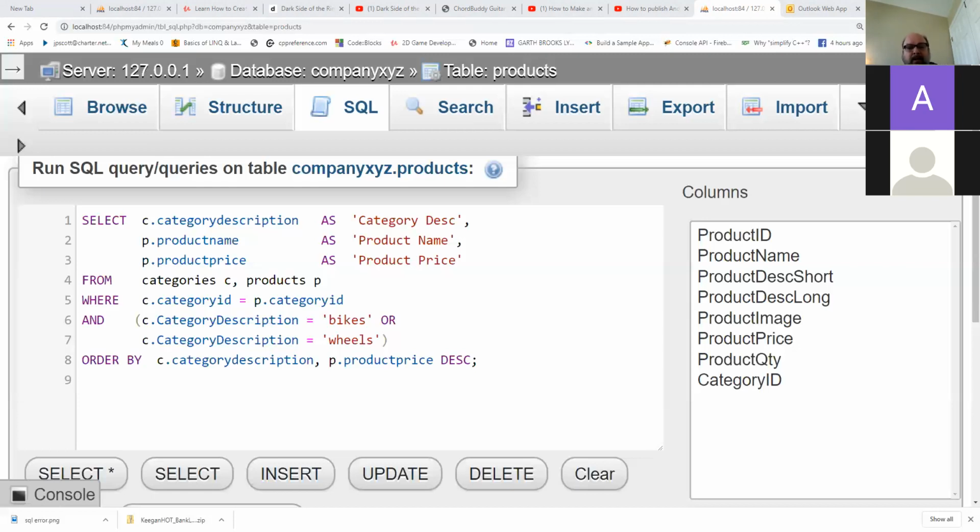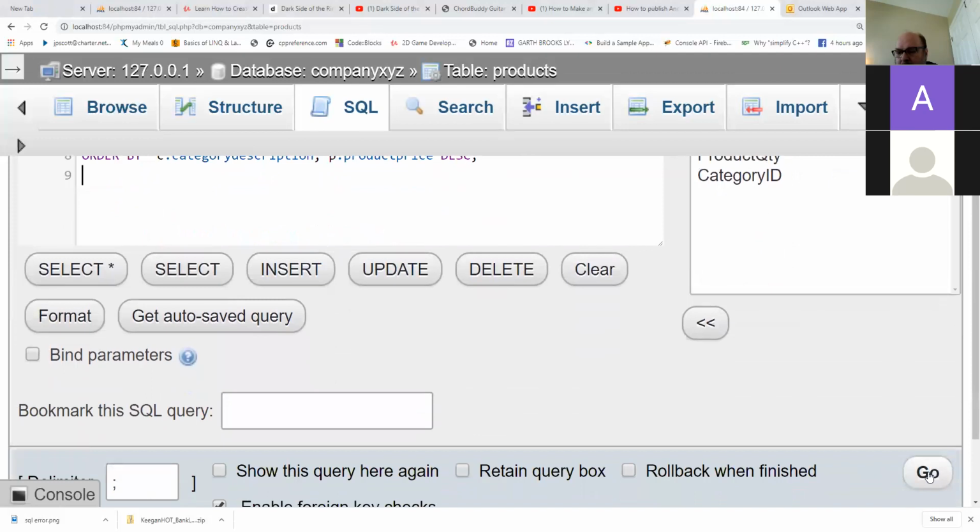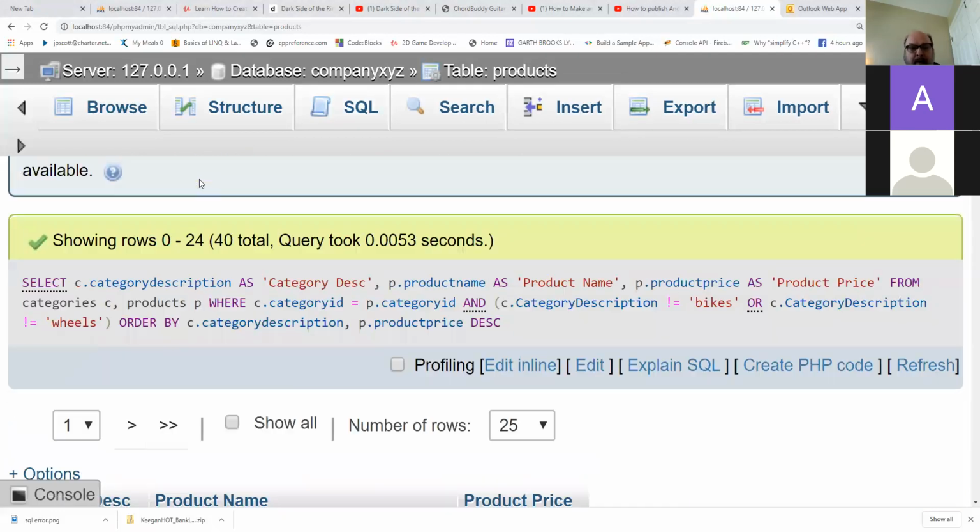All right. Number 8 says that it's the same query, but we want not equals. Did you hear me? Same query, but we want not equals. So let me go back to where we were, and I'm going to change this to a not. And I'm going to change this to a not. See this? Here and here. All right. And when we run it, we get